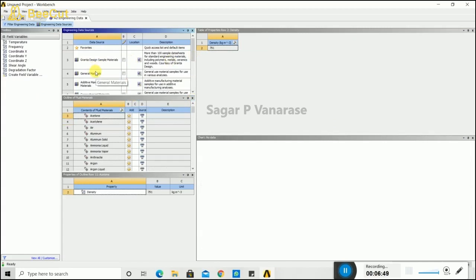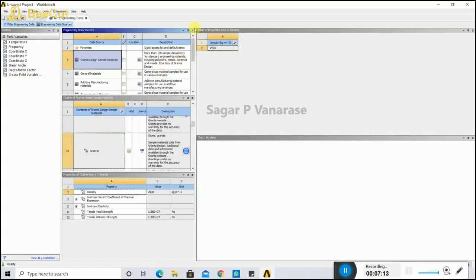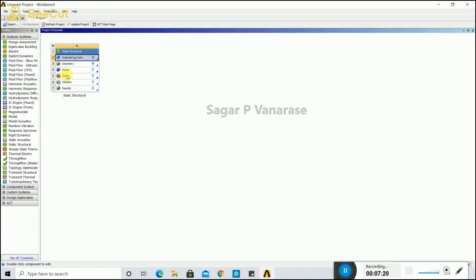So I'm taking one of the materials from the composite materials, general non-linear materials, any of the materials we can take. I will be taking as per my requirement. Different data of a different material can be shown with the different description data.